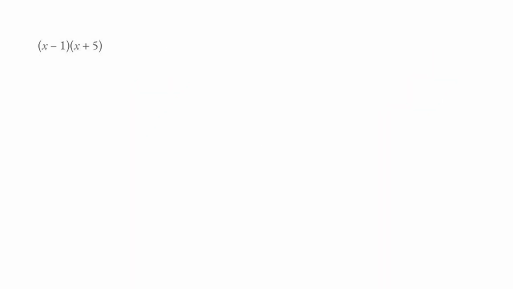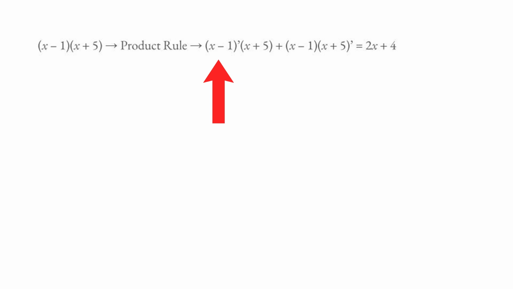Basically, if you see multiplication of functions of any kind, you use the product rule. The product rule is pretty simple. You take the derivative of one term, multiply it by the other term, repeat, and then add them up. Easy and straightforward. What is less straightforward, however, is the chain rule, and it is sometimes a little bit difficult